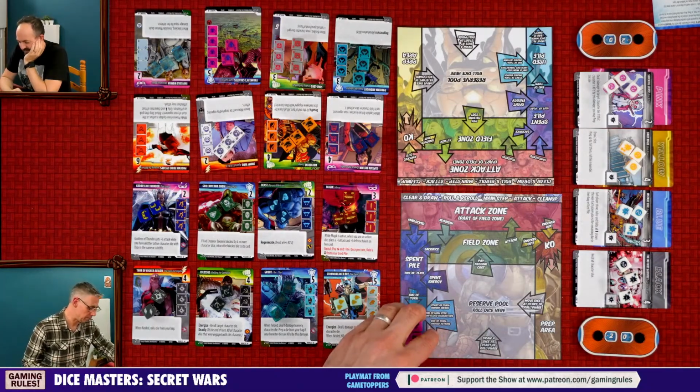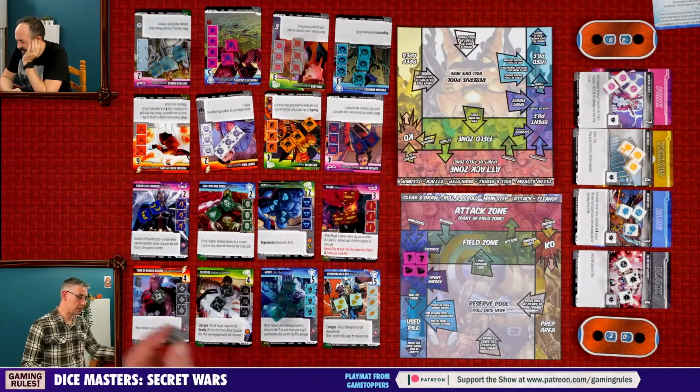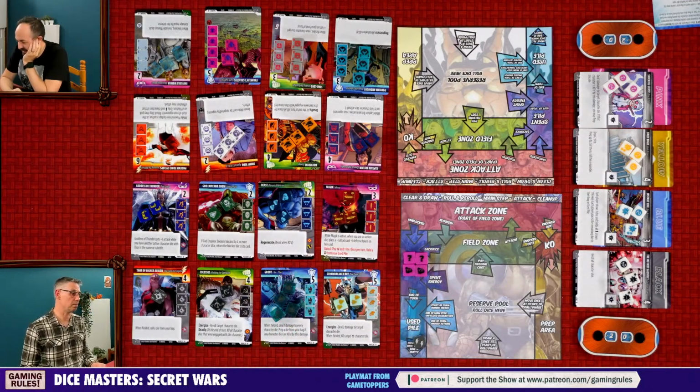Okay, notice when it happens. So I've spent those 4 to buy that dice. Now, when you buy a dice, it goes into your used pile. Effectively, it's in your discard pile. You're not going to get it until...